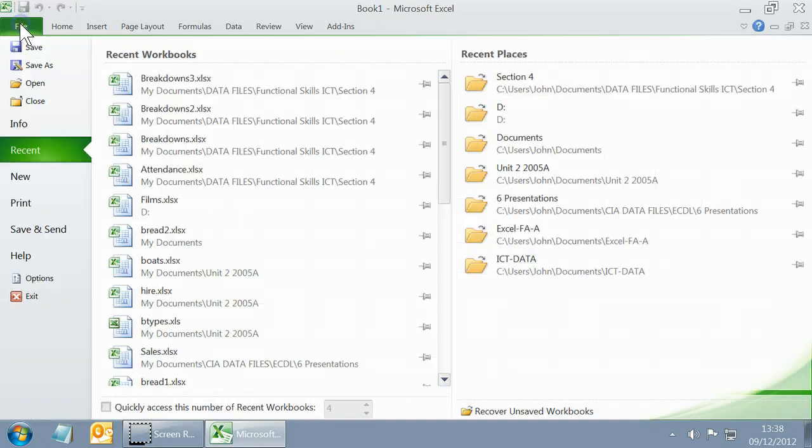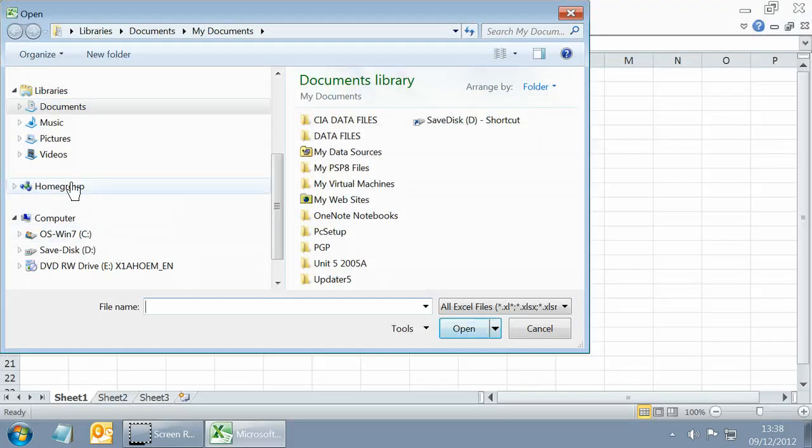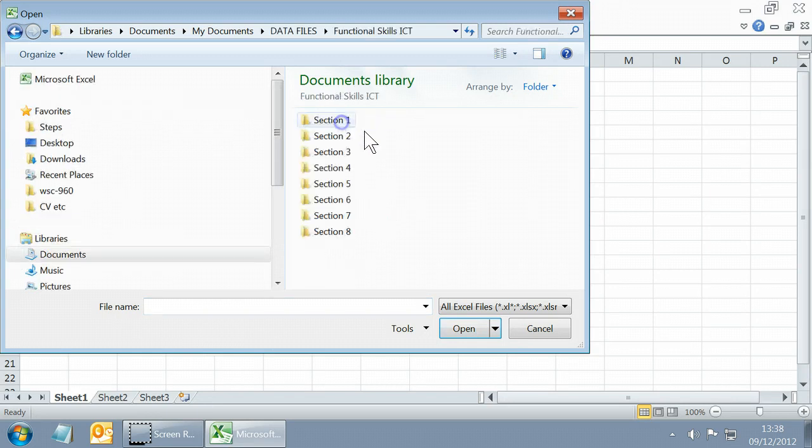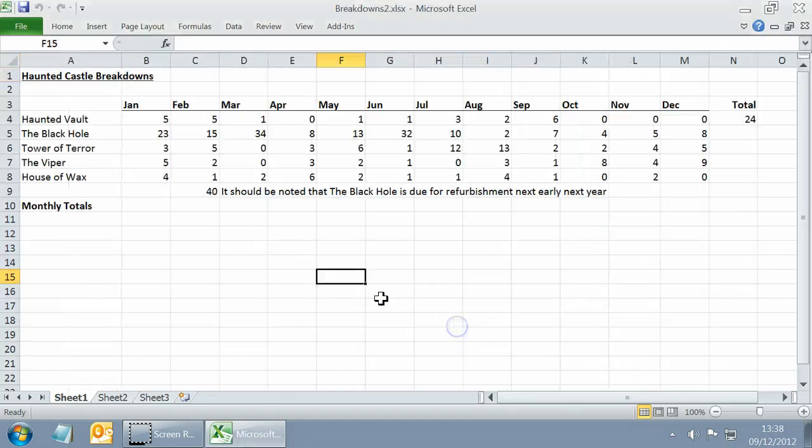I want to open something that's already created. Open. I want a data. We're in our documents. Where's the documents here? Documents here. And I want my data files. We're doing the functional skills, and I want section 4 because that's where we do all the spreadsheet stuff. Open that, and I'm going to open breakdowns too,